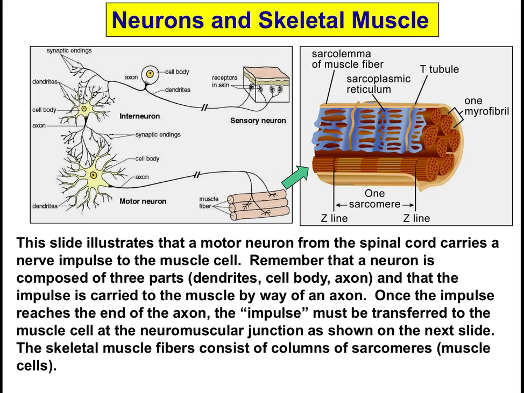Now, in order for these skeletal muscles to actually contract in the first place and result in any kind of movement, there has to be an impulse received from a motor neuron. Remember, motor neurons will relay signals from the interneurons, which usually are in response to something received from a sensory neuron before that. When that nerve impulse reaches the end of the line from the motor neuron, it actually connects to muscle fibers. So the end of the motor neuron interfaces to a muscle bundle, these muscle fibers.